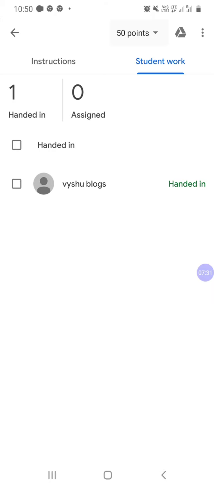See, when a student has joined through the code, automatically that number will come into the assigned count. When the student submits their work, automatically that number will turn into handed. See, I sent the code to one student, and when that student submits here, it comes into handed in.